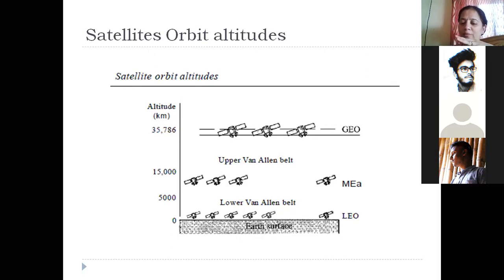So if you have a LEO, generally it is placed somewhere between 0 to 5,000 kilometers above the Earth. In that altitude range, those satellites are moving, and they are called low Earth orbit satellites.